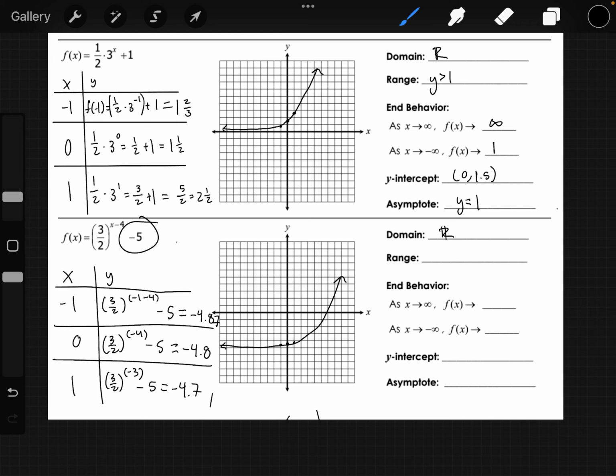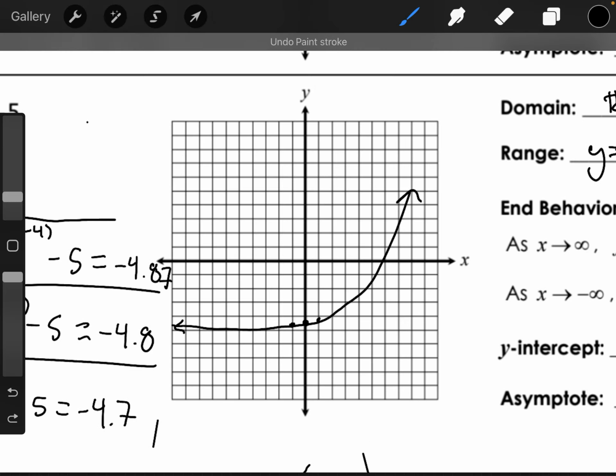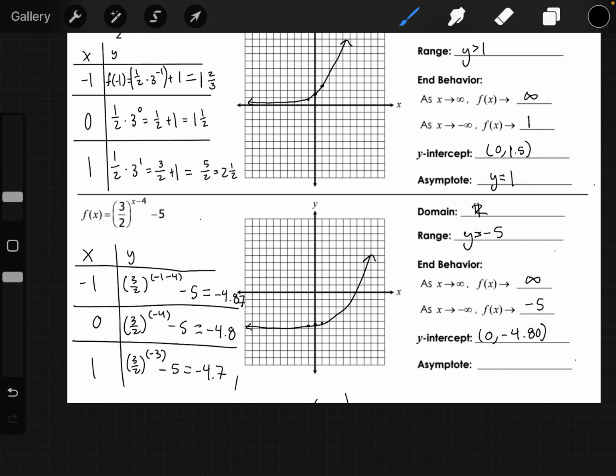So regardless, we know that the domain is going to be all real numbers, and the range has to be greater than negative 5. The end behavior: as x moves towards positive infinity, f of x moves towards positive infinity. As x moves towards negative infinity, f of x moves to negative 5. The y-intercept is at (0, negative 4.80). This point here, and the asymptote